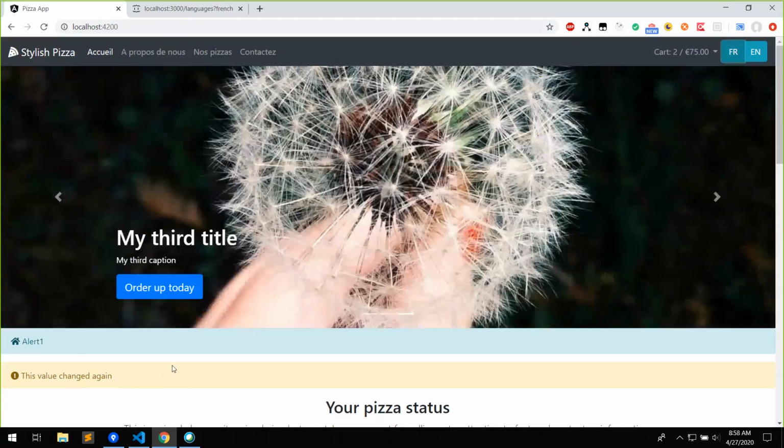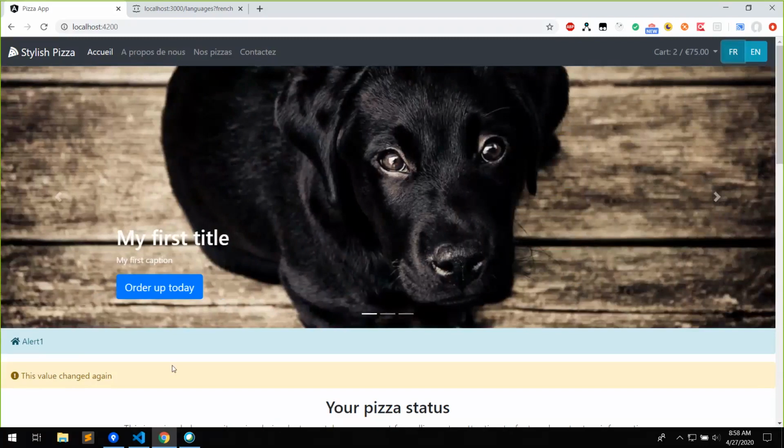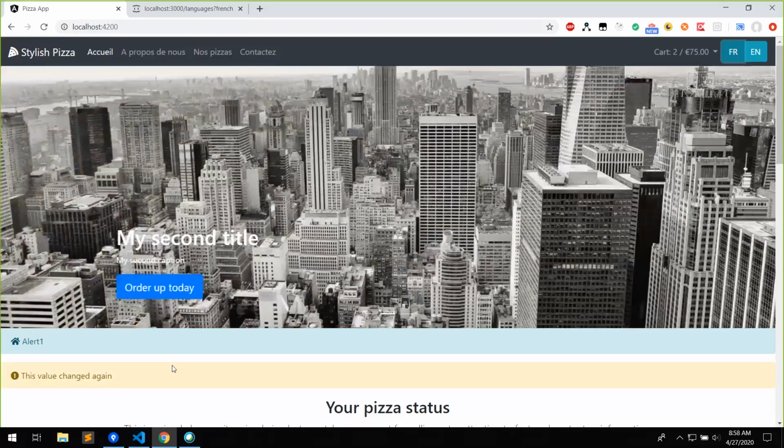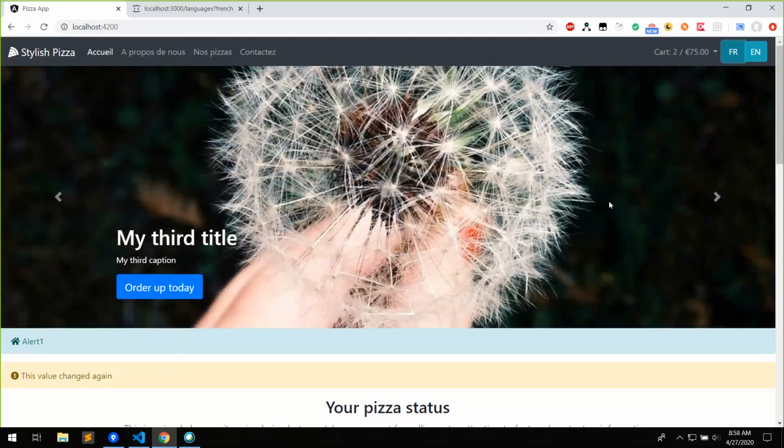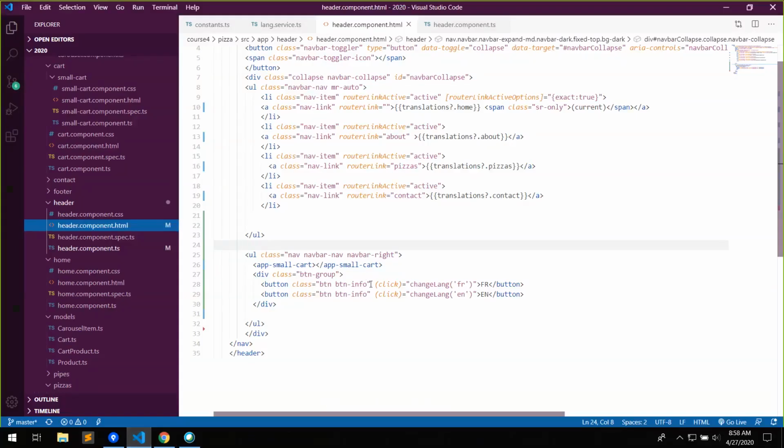Do you remember from the first Angular course, when we made the menu and had the link active, how do we do it? We have the active state. In this case, we're not going to put the active state, but we're just going to change the class. Like for example, we can have something like